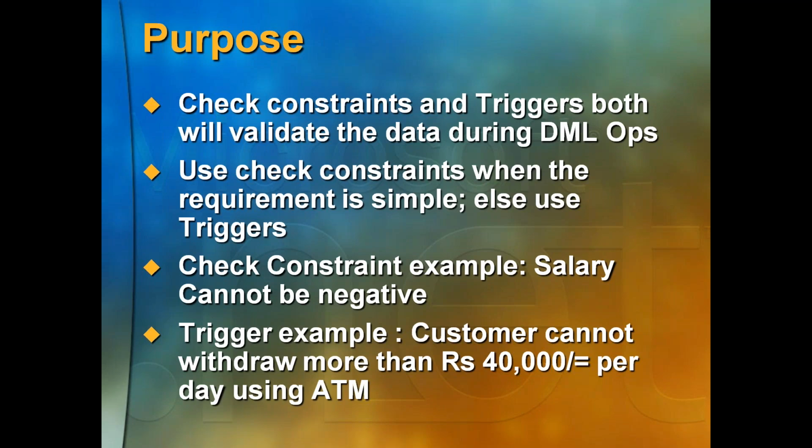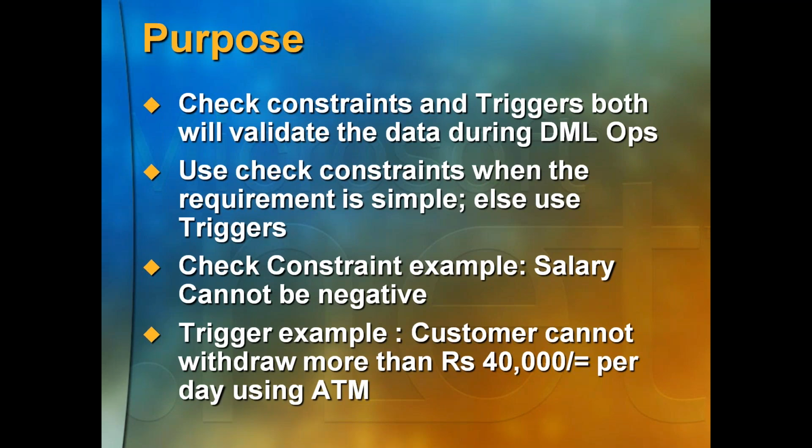This validation is done by the trigger, because check constraints cannot do that, because here I need to do a complex operation. First I need to understand who the account ID is, then I need to understand the date parameter. So the date also I need to compare. So account number and date I need to take, and I have to do the sum operation. Morning 20,000 plus afternoon 20,000, and now he's trying to take another 10,000. So the total has already exceeded 50, right? So the summing operation and comparing the dates and